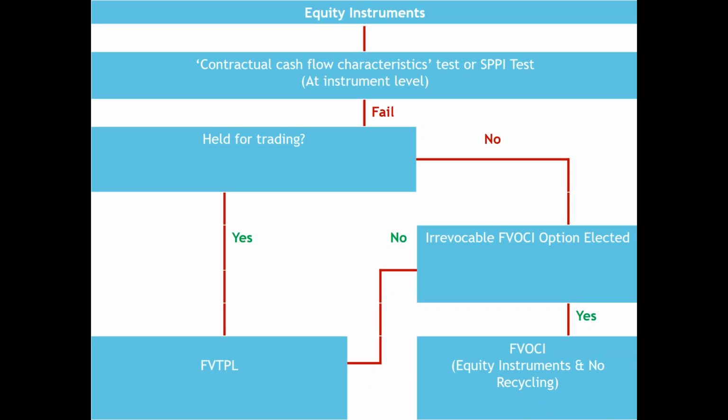So that's really important. If you've got investments in shares, equity instruments, your two options are fair value through profit and loss, if it's held for trading, or if that's what you want to do, or if it's not held for trading but you want to make this irrevocable election, you could have it at fair value through other comprehensive income. And that's different. This is trying to address the current problem we have with available for sale financial assets, specifically equity instruments.